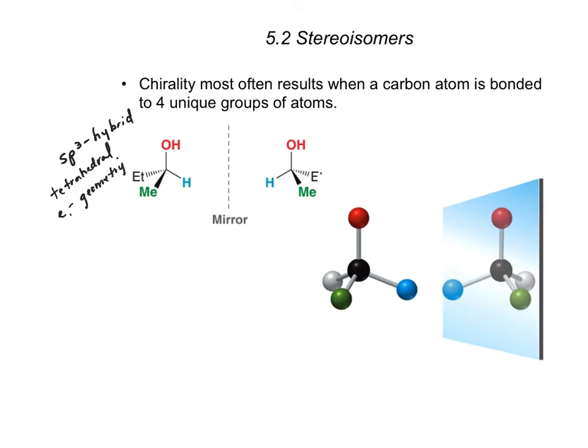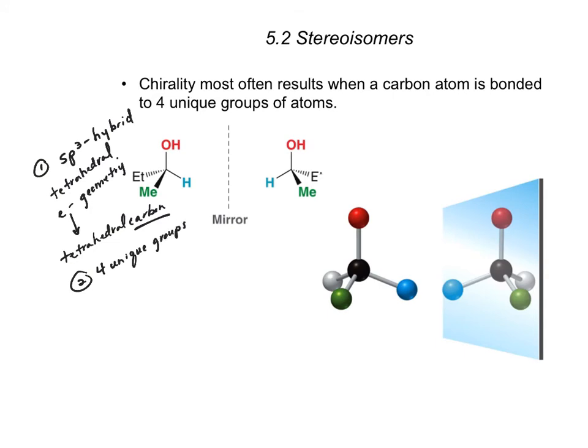And for the most part, everything that we deal with, do you have tetrahedral carbon? It doesn't have to be carbon, I should note that, right? There are other sp3 hybridized centers. Nitrogen, oxygen, those are all sp3 hybridized, depending on the molecules that we're looking at. But for the most part, this is usually going to be carbon that we're dealing with. So again, that's qualification number 1. Qualification number 2, there have to be 4 unique groups,